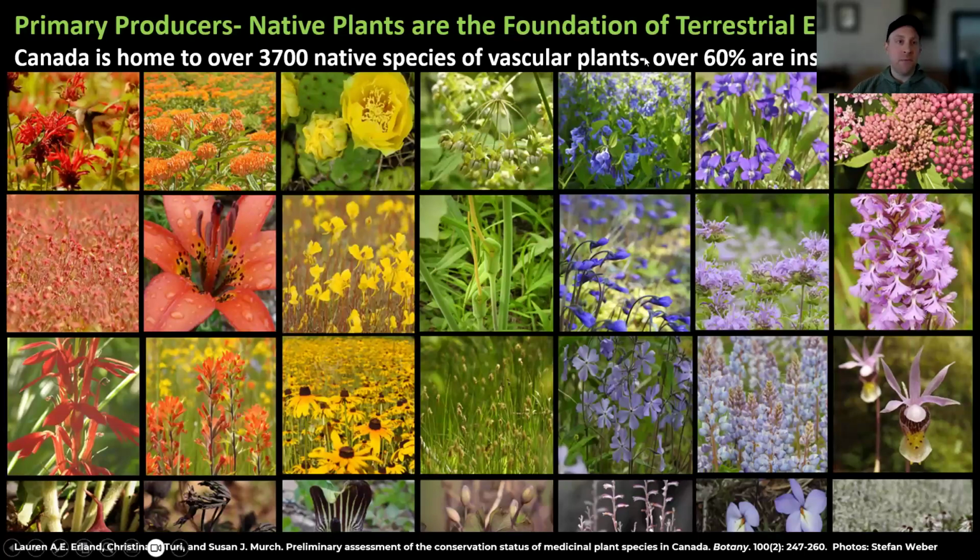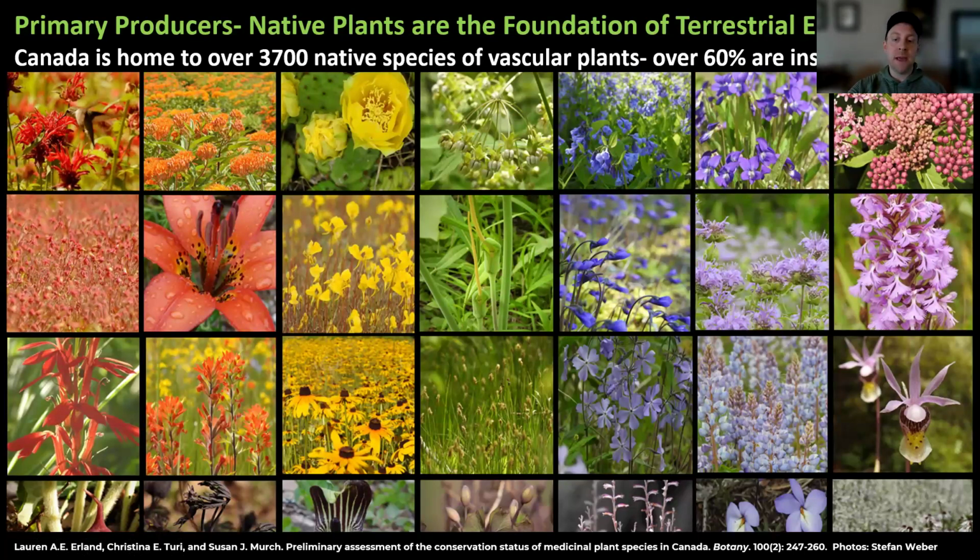Canada is quite biodiverse. It's home to just under 4,000 native plants, and about 2/3 of those are insect pollinated, require an insect or hummingbird to pollinate them. The rest are pollinated by wind and water to some extent. Some wind-pollinated plants are visited by insects, but by and large, 2/3 of them have evolved to attract and be